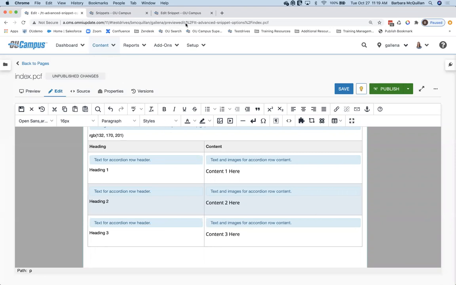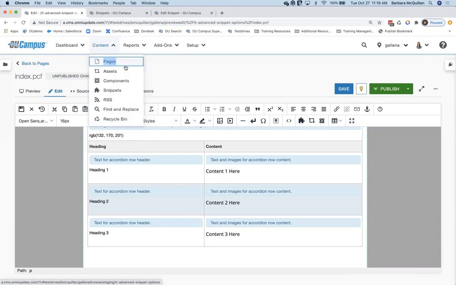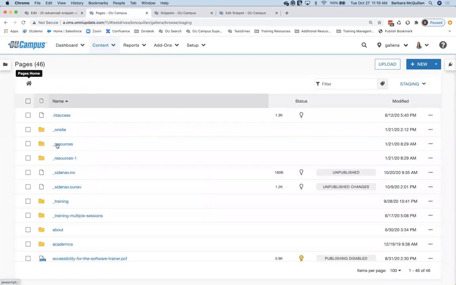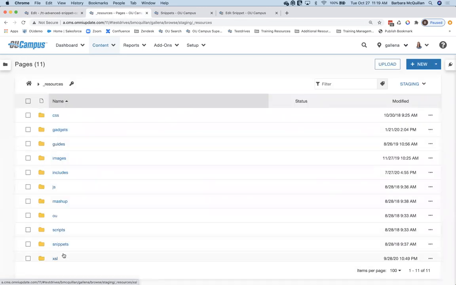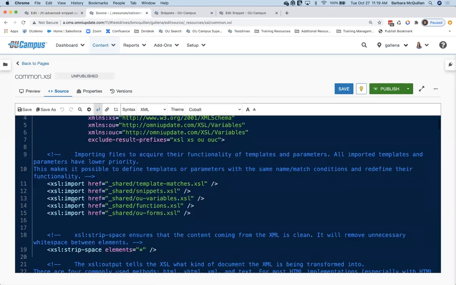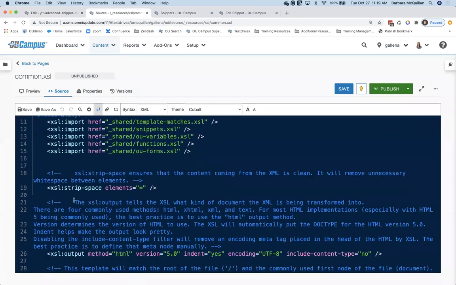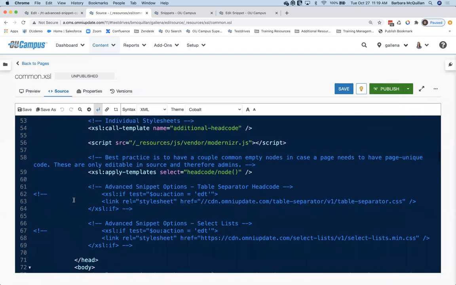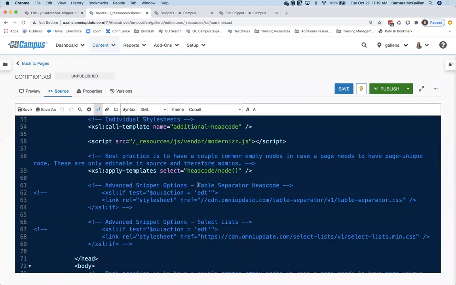So essentially, we'll scoot this over. I'm going to open up one more tab here under content pages because I'm going to be placing code inside of my common.xsl. So from the root of my site, inside underscore resources, inside XSL, inside my common.xsl. Scrolling down here on line 61, and I have a bunch of different code on here, but this is the